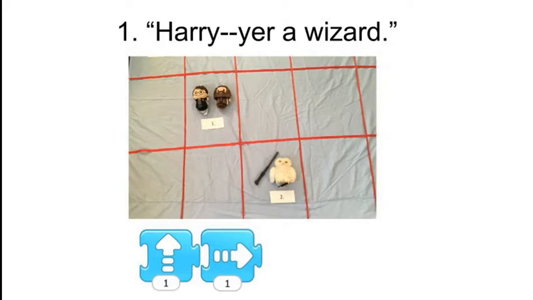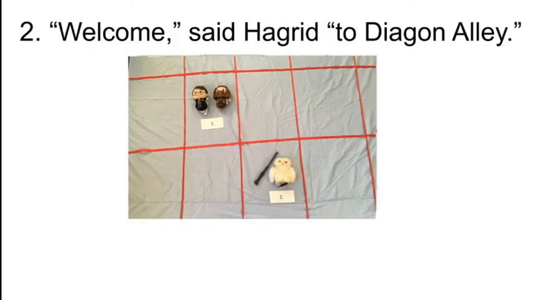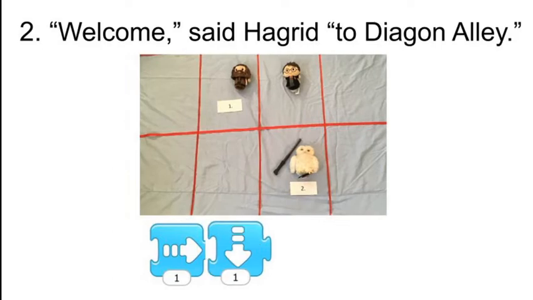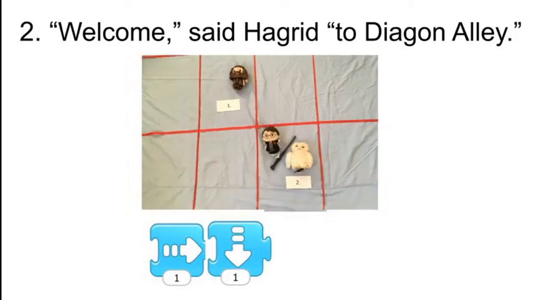Next, Harry needs to get his school things so that he'll be ready to start Hogwarts. There's only one place you can go to get everything: Diagon Alley. So we need to move Harry from scene 1 to scene 2, where Hedwig and there's a wand. So, how do we get there? Let's move him to the right 1 and down 1. And there he is. He has all his school things, and now he's ready to go to Hogwarts. Next stop,